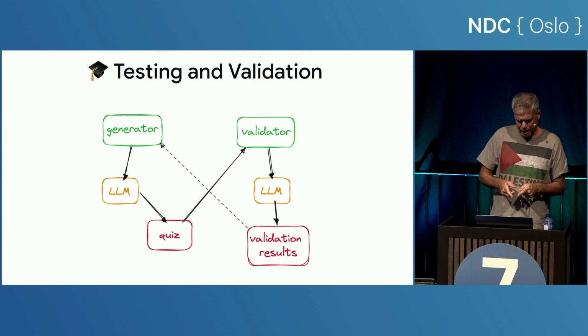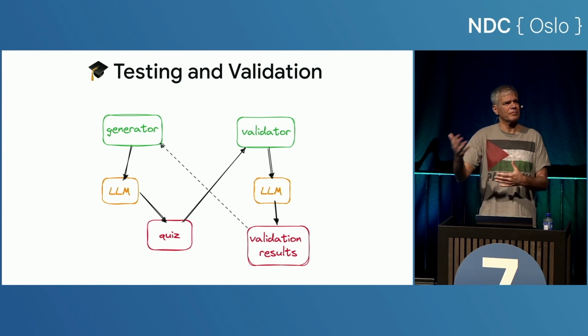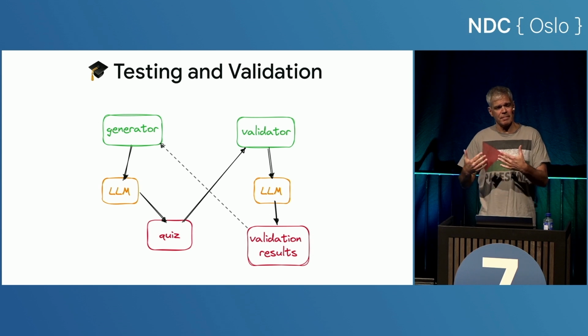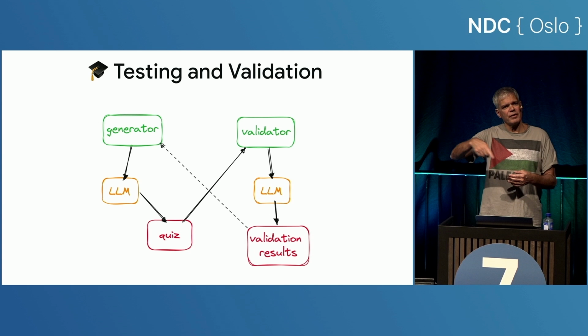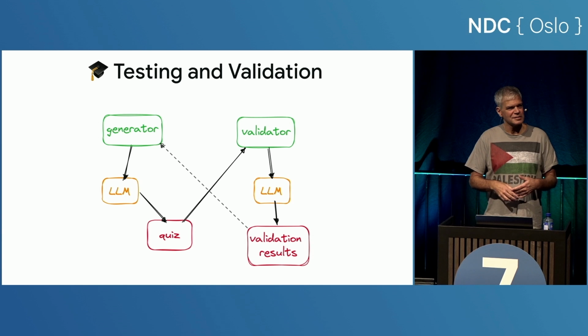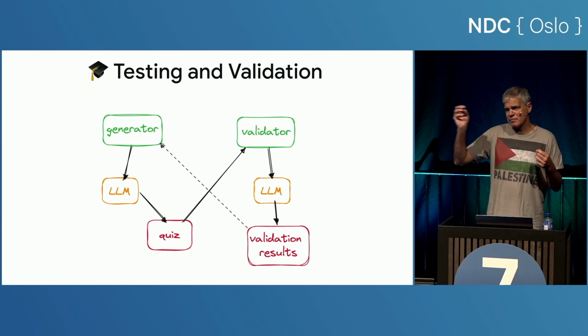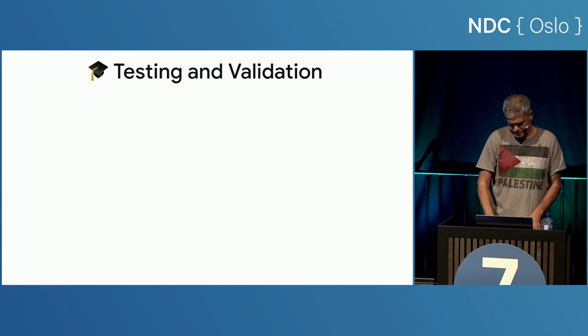And by the way, I'm not going to advocate that we do this process interactively, because I don't want to make the user wait for the evaluation. My idea is we'll store the quiz as it is, fire off this validation as a background thread, again using our good old software techniques that we've been using for 40, 50 years. And then once the validation is done, we can attach the little confidence score to the quiz.